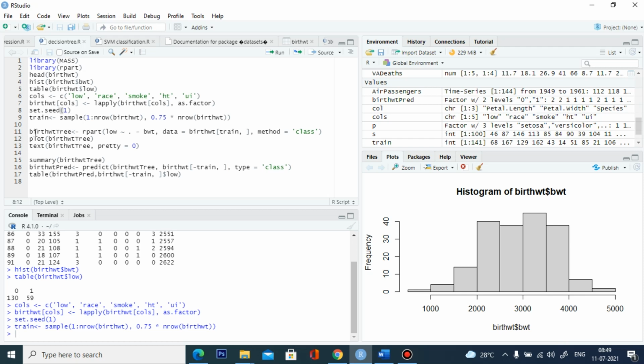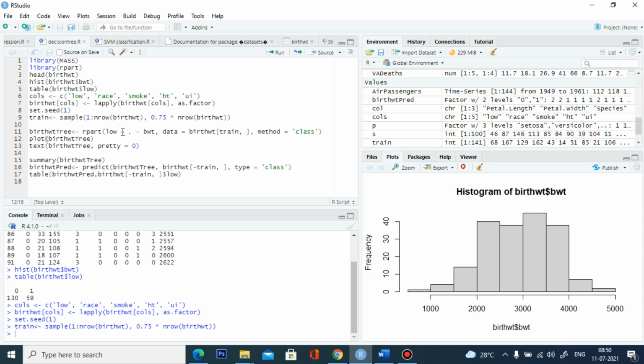So I am going to create the birth weight tree. I am using the function rpart, which is in the rpart library. This is going to create the decision tree. Here we are going to exclude low. Why are we excluding low? Because low is nothing but whether the weight is less than 2.5 or not, okay.